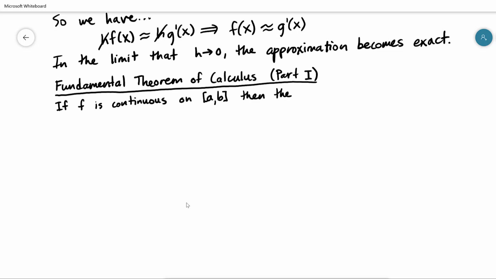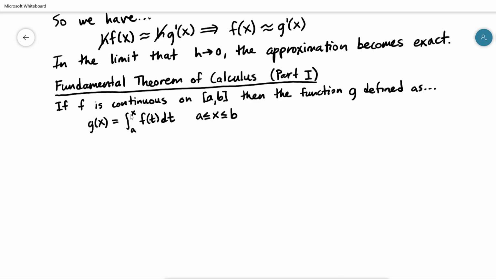then the function g defined by the following: g of x being the integral from some point a up to x of f of t dt, where again this endpoint x needs to be somewhere on the interval where f is continuous. We can't have this point be in a region of f where suddenly the function's doing weird stuff and isn't well behaved, or it's not continuous. But this function g, defined by using this integration symbol, is also going to be continuous. So it turns out that g is also continuous on [a, b],